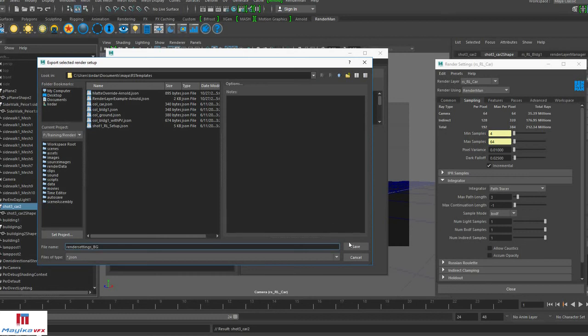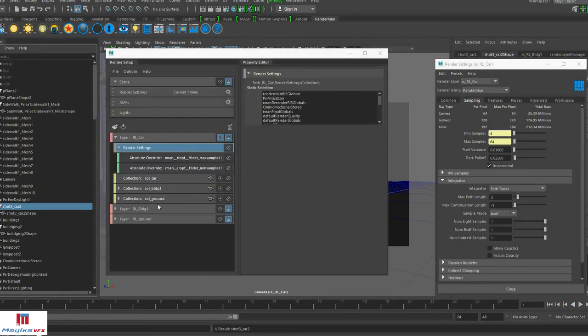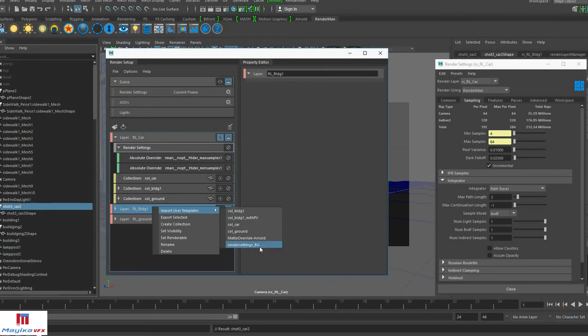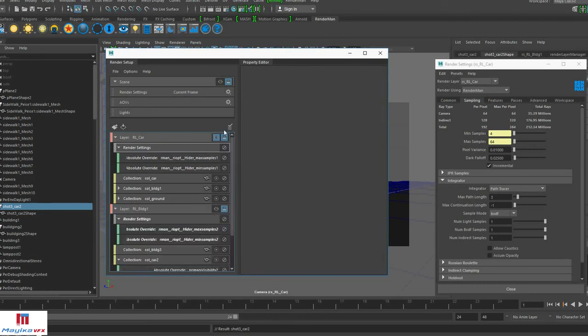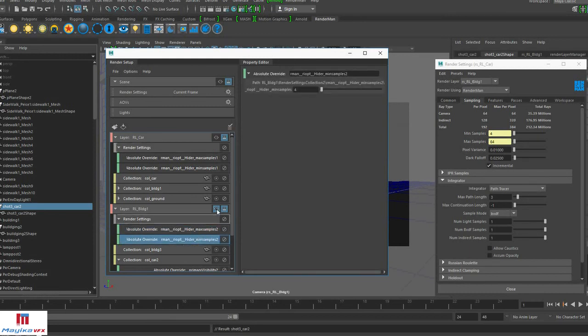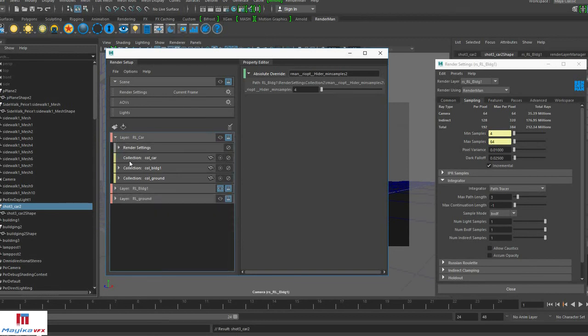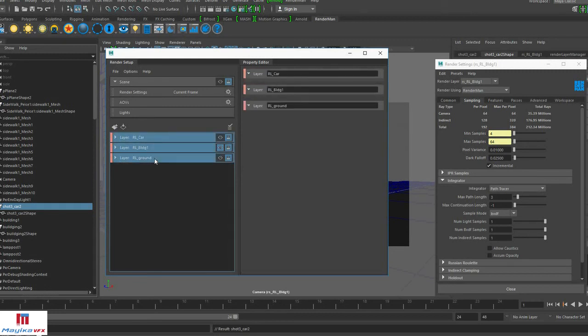We can use these saved settings on the other layer. Same settings, and we need to just say accept. And even with the render settings also we can save all of these. We can export and we can use in any other scene, any other shot of a sequence.